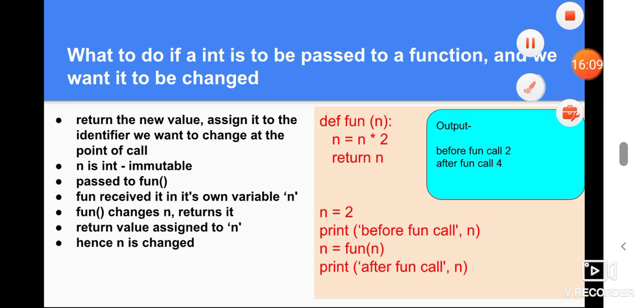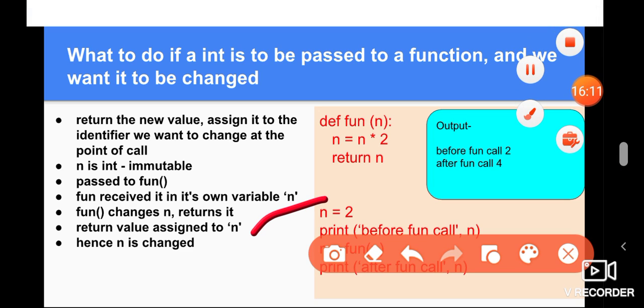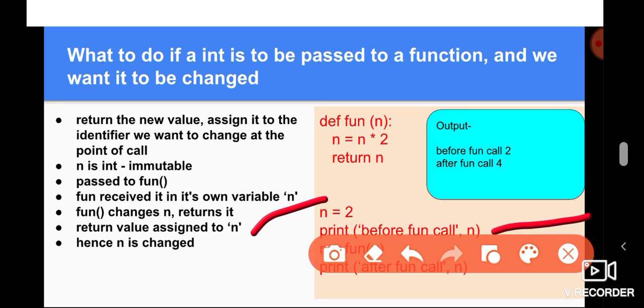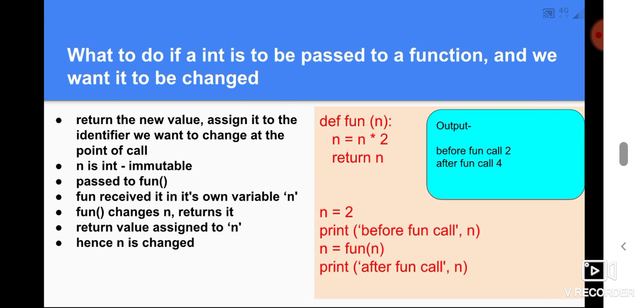For example, see, in this program we are creating a variable n is equal to 2, and we are printing its value before the function call. Obviously value 2 is being printed. Now we call this function fun and pass this argument n into this function.